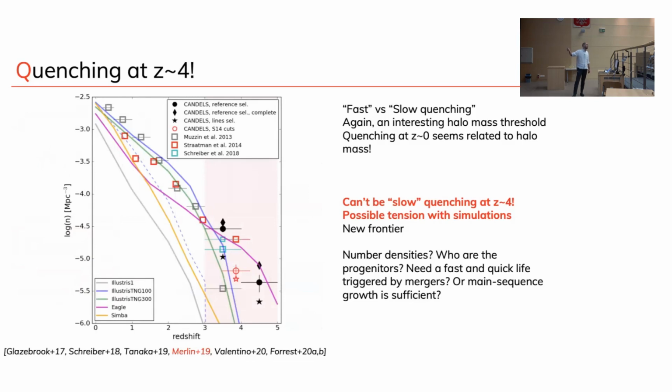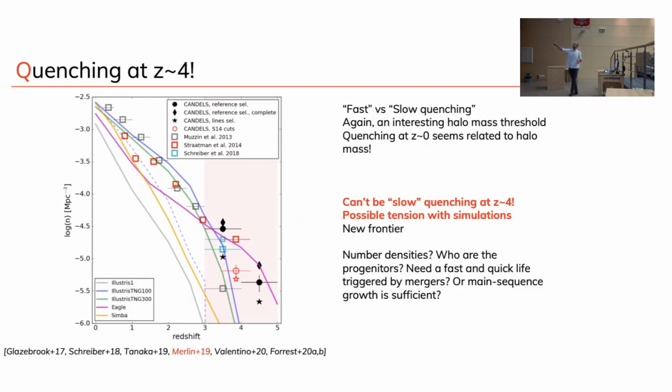This is counting quiescent objects as a function of redshift. These are the observed points; at redshift 4 you have a few. These are what models and simulations predict. So you see there are models that fail also at lower redshift. This was the original Illustris cosmological simulation. The updated version is the blue and the green ones. So you do see that you have different ways of killing galaxies. And this is actually encoded in what you put in your subgrid physics in simulations. So you need some feedback from maybe stars exploding, the AGN. You need to get rid somehow of the gas and quench these objects in cosmological simulations.